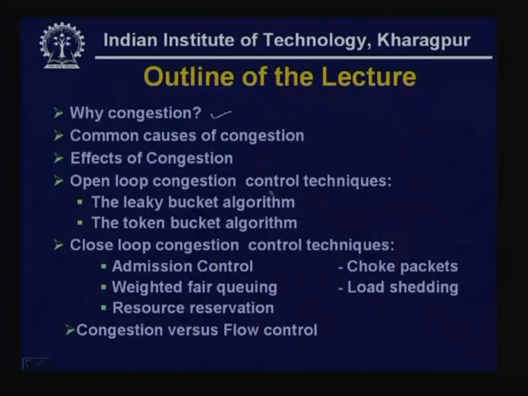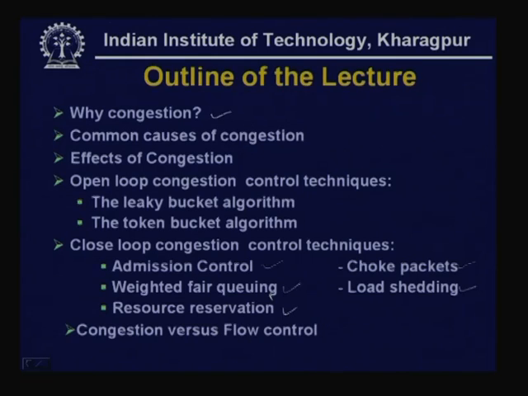Under the open loop congestion control techniques, we have two important algorithms. One is known as the leaky bucket algorithm, another is the token bucket algorithm. And we shall discuss a number of closed loop congestion control techniques such as admission control, weighted fair queuing related to admission control, resource reservation, which is known as RSVP, then use of choke packets, load shedding, all these things we shall discuss. Finally, we shall close our discussion by considering a comparison between congestion control and flow